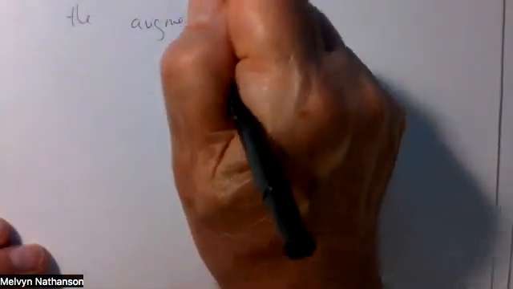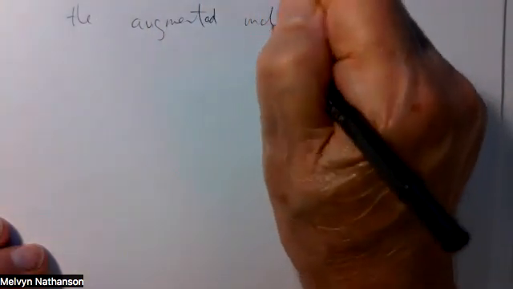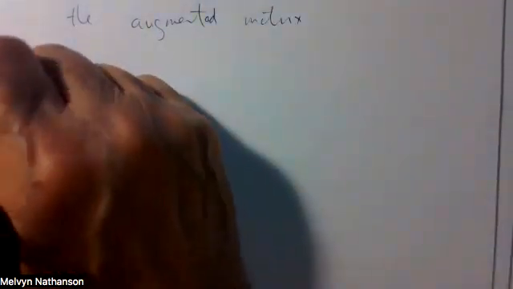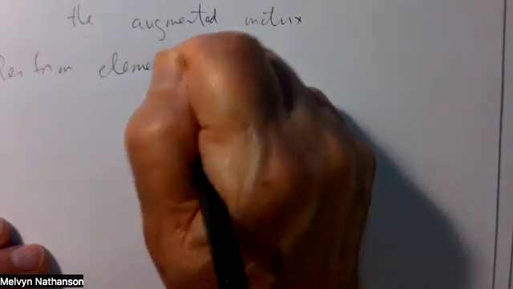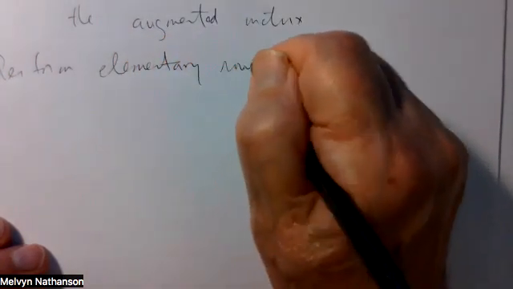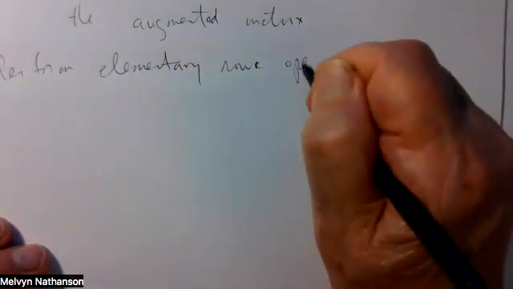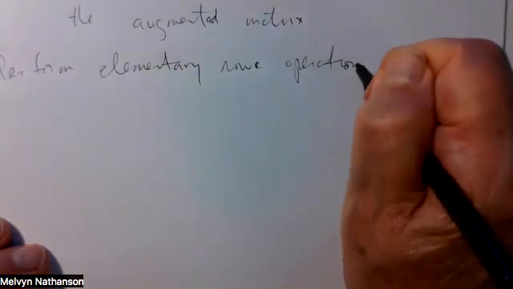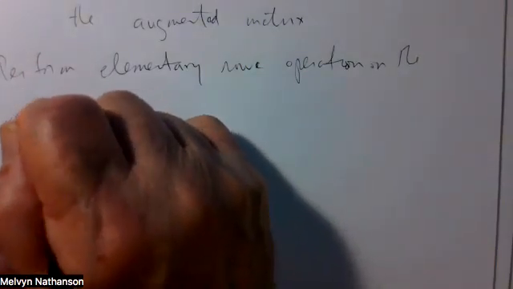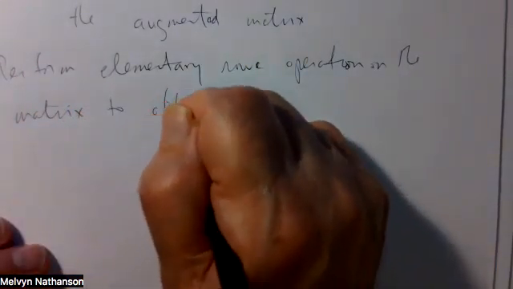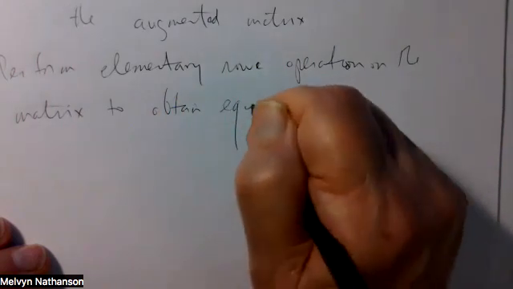So we want to do Gaussian elimination by means of the augmented matrix. And the idea is to perform elementary row operations on the matrix to obtain an equivalent matrix